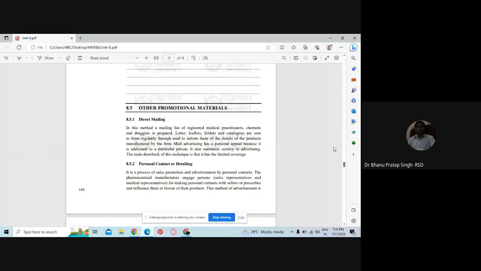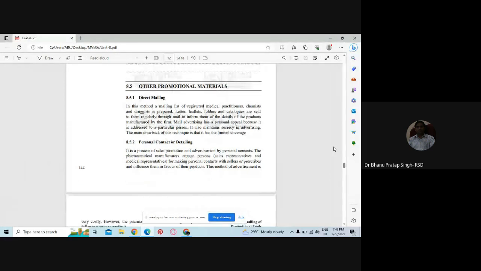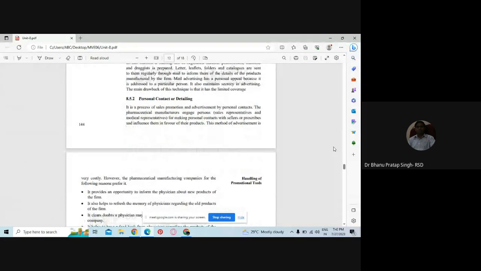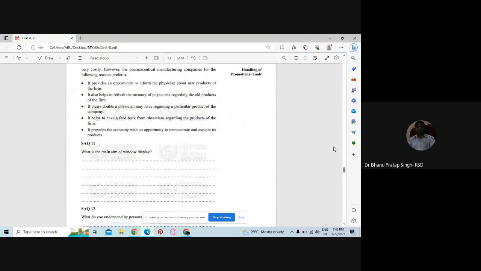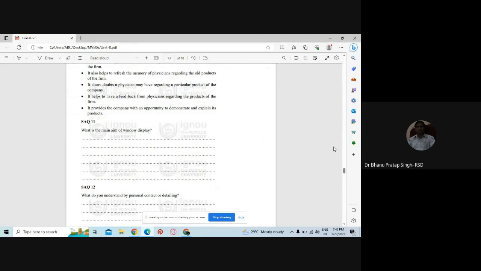Personal contact or detailing, that is kind of personal sales that we have learned in previous days. यहाँ पर पर्सनल कॉन्टैक्ट में जैसे फार्मास्यूटिकल कंपनी का एमआर मेडिकल प्रैक्टिशनर के पास जाता है, वहाँ वो पर्सनल कॉन्टैक्ट से चीज़ों के बारे में बताता है और उसको कन्विंस करता है कि इसको आगे होना चाहिए। इसको हम बहुत डिटेल में पढ़ चुके हैं कि किस तरह की एक्टिविटी एमआर को करनी चाहिए।